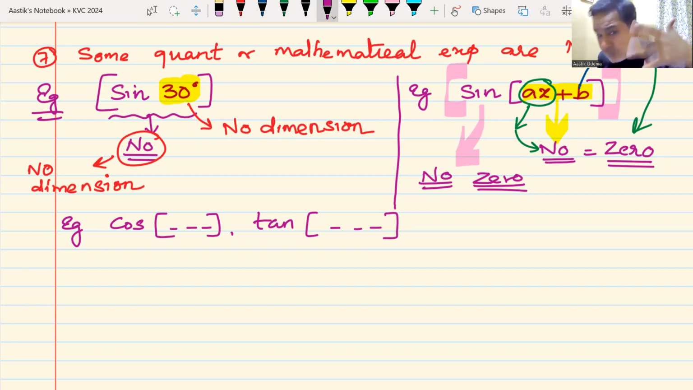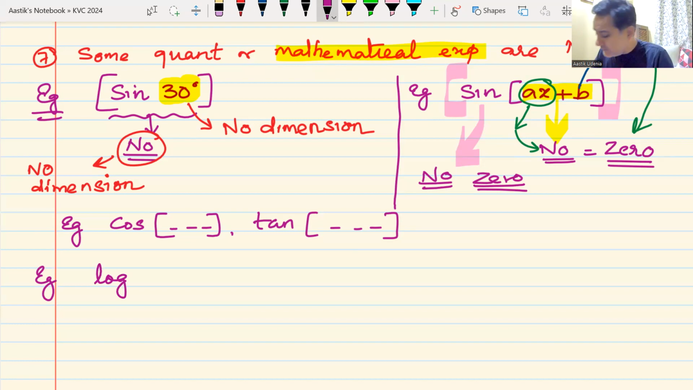Now, can you think about more quantities like this, which will always be numbers? Can you think? And remember, the hint is given here. Think about some mathematical expressions which are going to come in physics. That is what my concern is. Sine, cos, tan is definitely going to come. Apart from that, one thing will also come, and I will write that thing again. One more example: log